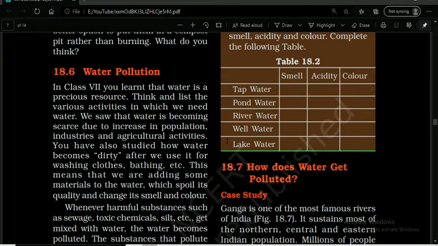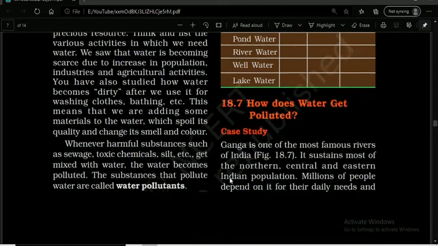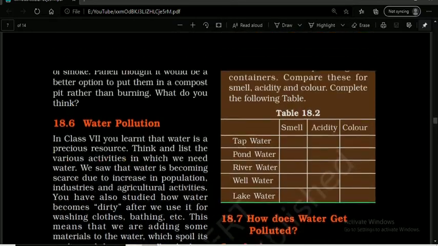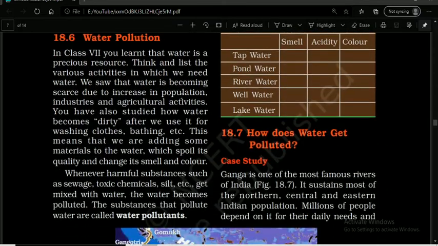Now we will read about water pollution. Okay, so now our next topic is water pollution. So see carefully, because this is an important chapter. In your higher classes you will also have to read about this. So if you understand it well, you can do well in this topic. So water pollution, if you see